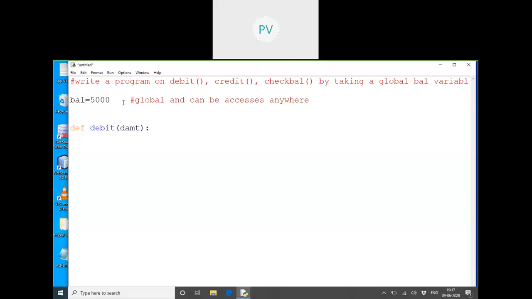And the code inside this would be, we can print a message before debiting and after debiting. We have a check balance function. We'll execute one by one and see. These are operations. This will only have the logic to debit an amount. It will not show the amount available. Global balance. Balance plus equal to D amount. Now you can print this if you want.